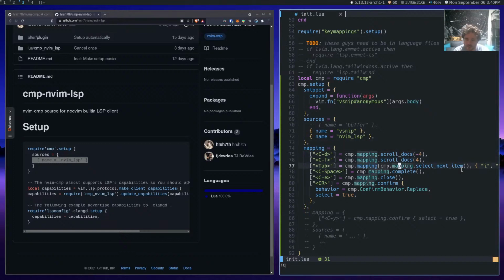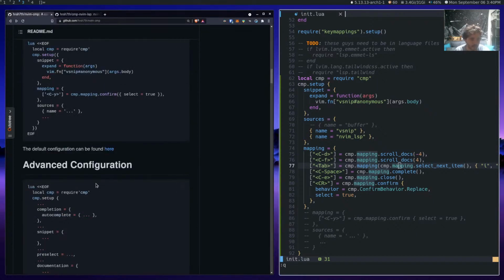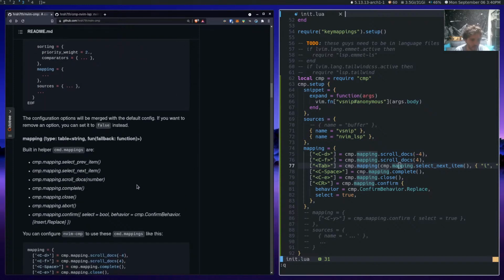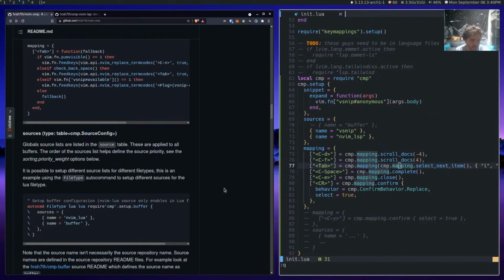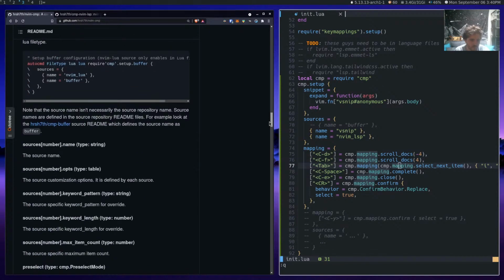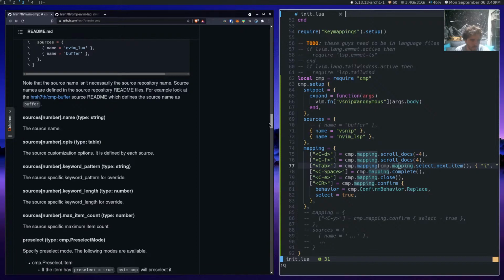Let's see. So, got all this stuff here. There's an order in sources. Now, how can we know? We're going to have to look into capabilities here too, but how can we know in sources, number, keyword pattern.